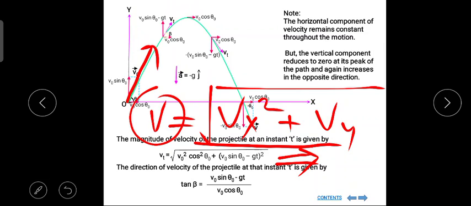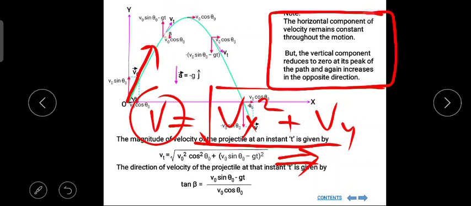The angle could be written as v naught sin theta naught minus g t upon v naught cos theta naught. Here are two points which you have to remember while solving numericals: the horizontal component of the velocity remains constant throughout the motion, but the vertical component reduces